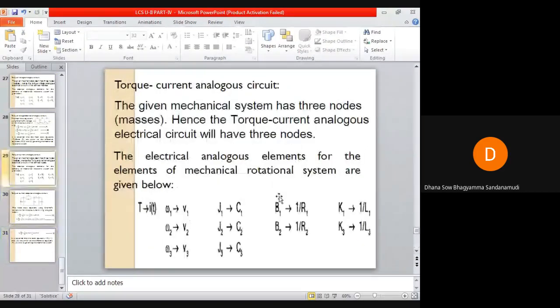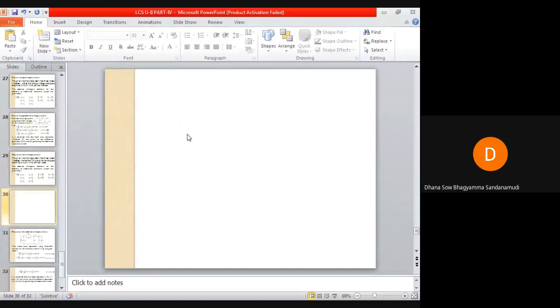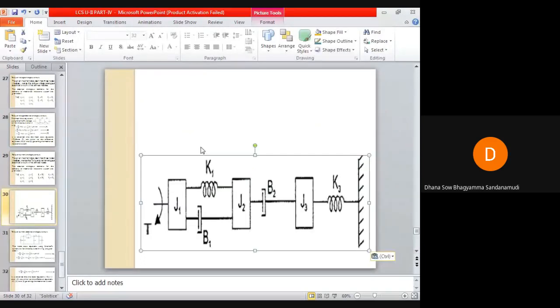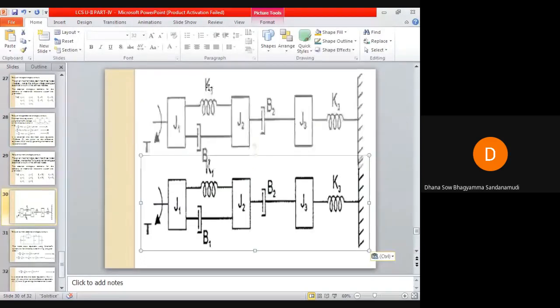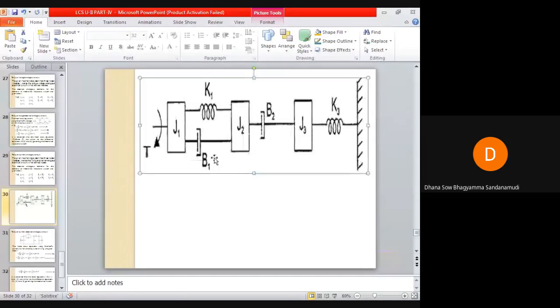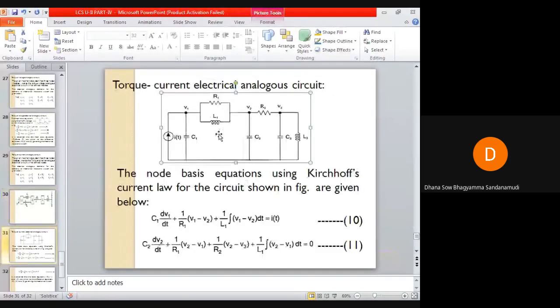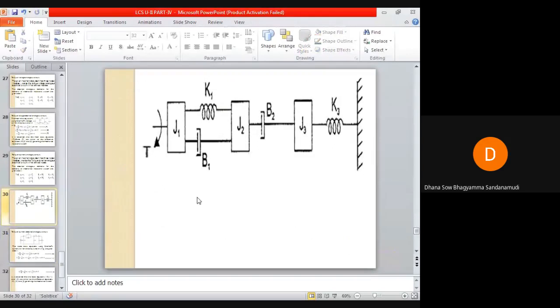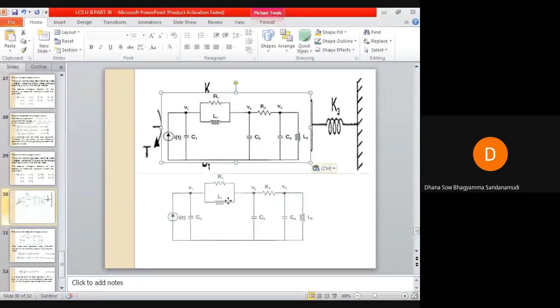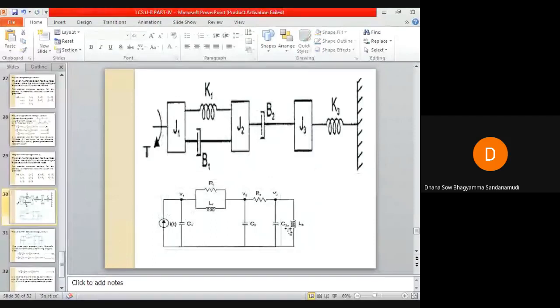Okay, I'm inserting a slide here. Control V. So this is it. This is my electrical circuit. Control V. These two are my circuits now. So if I know the analogous terms, then I can easily draw the circuits.